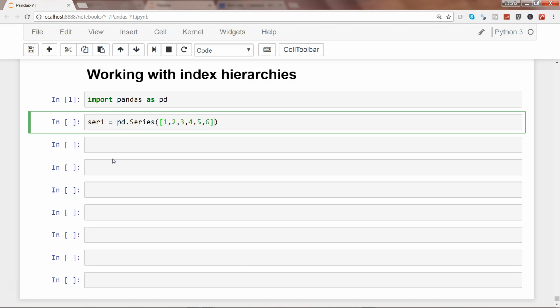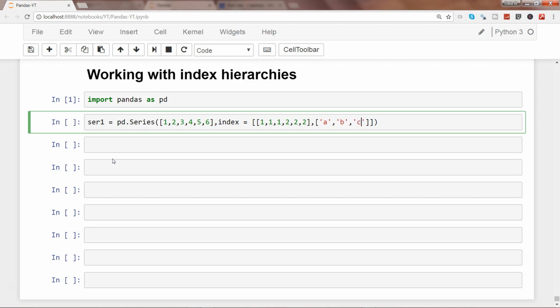So it's just some dummy values, and let's give an index. To create a hierarchy of index we need to give two different indexes. So first one is, let's say, 1 1 1 2 2 2,